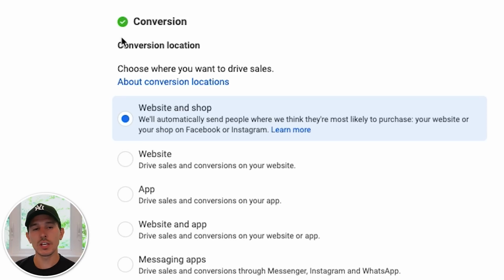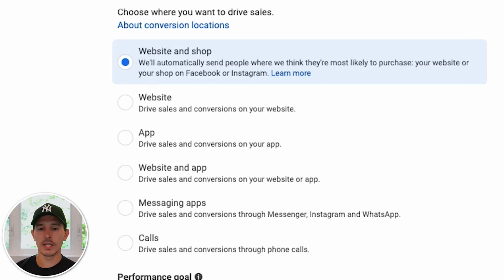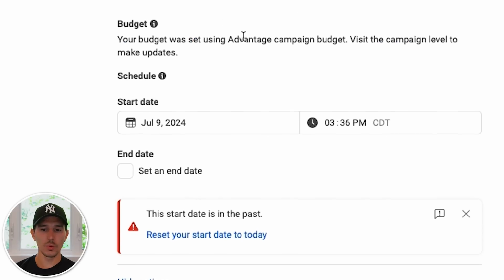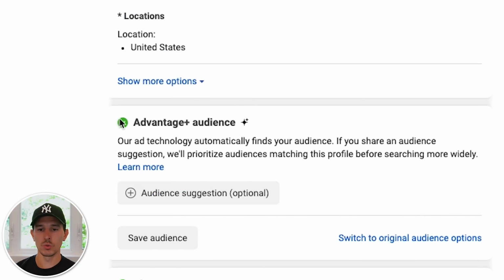So once you've launched a few broad packs at the same time that you're launching your Advantage Plus campaign, you're going to create a new single interest ad set within your prospecting CBO campaign. So we're going to just name this interest_Nike. In this case, we're going to scroll all the way down. We're going to keep all the settings exactly the same,